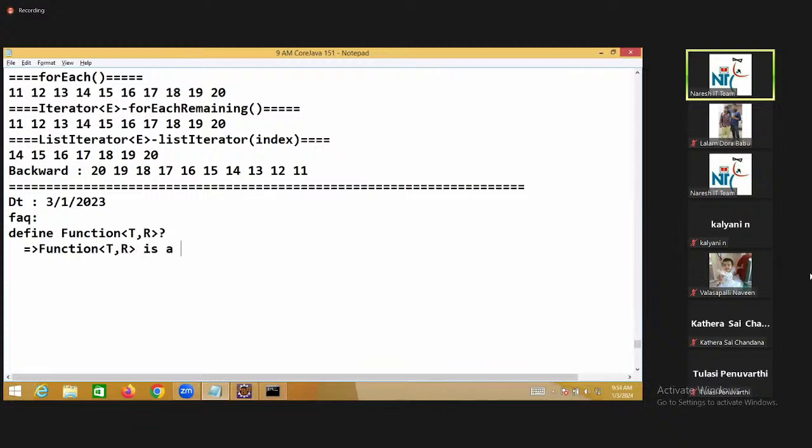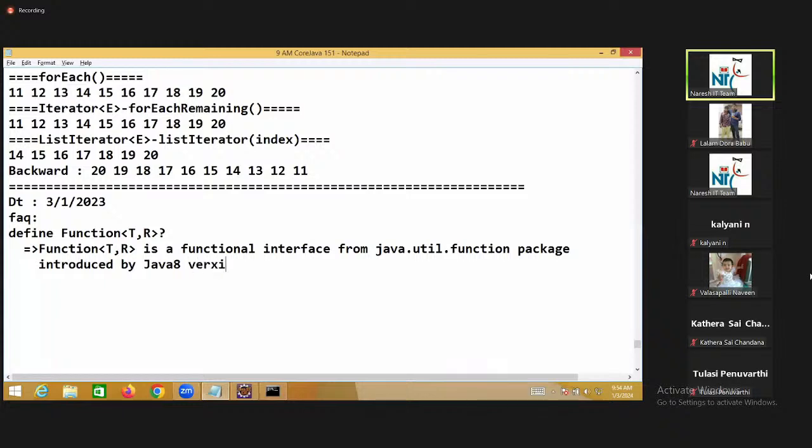Function is a functional interface from the java.util.function package introduced by the Java 8 version